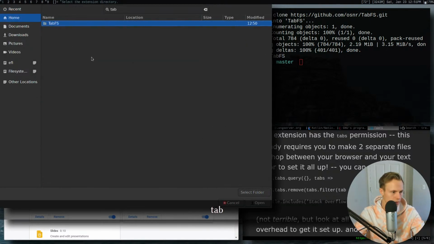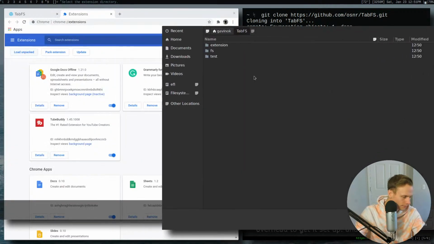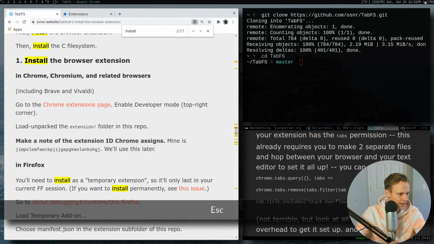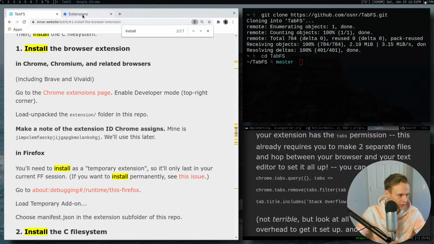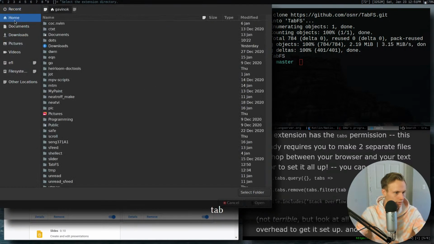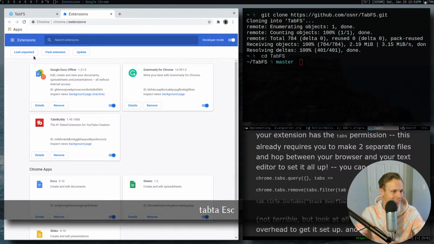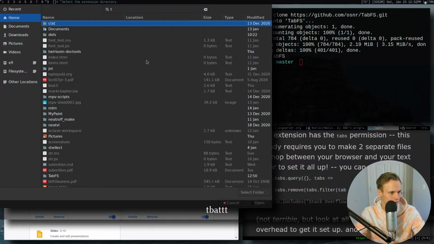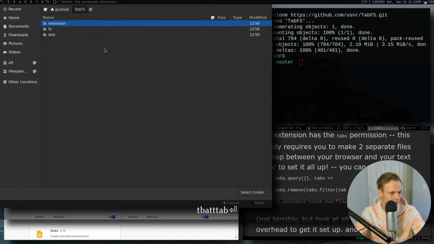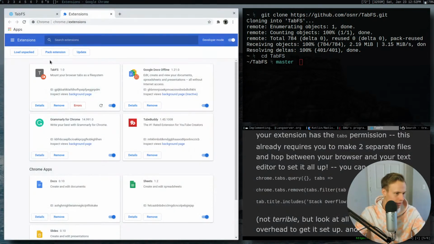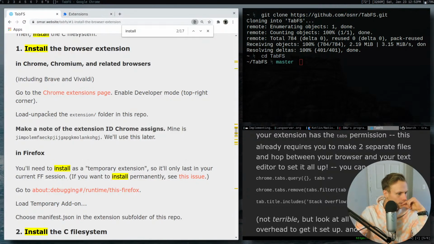And then TabFS. Oh, that was awkward. Select folder. Open. Okay. And then